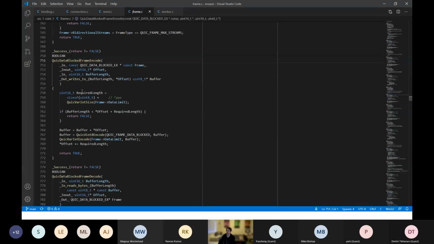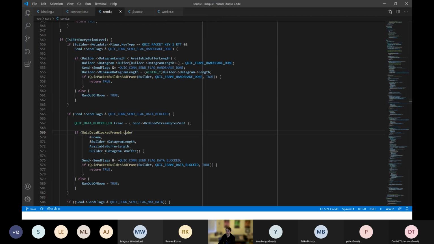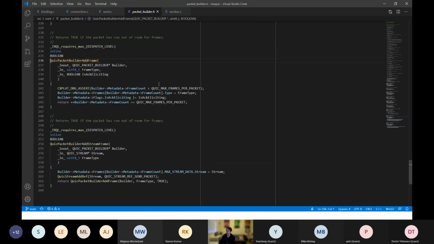This is data blocks I'm building up. This is just really low-level stuff: how big a frame is, making sure you have enough buffer to put the data for the frame into the buffer, and then actually doing it. Return true or false if it works. And an important thing here is that on this builder we have metadata, and I know I've talked with at least Robin about this. This metadata keeps track of all the frames, all the flags that are being sent